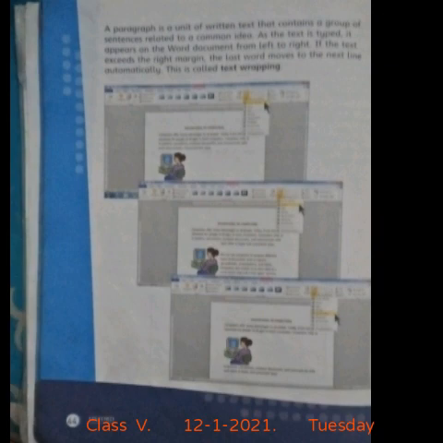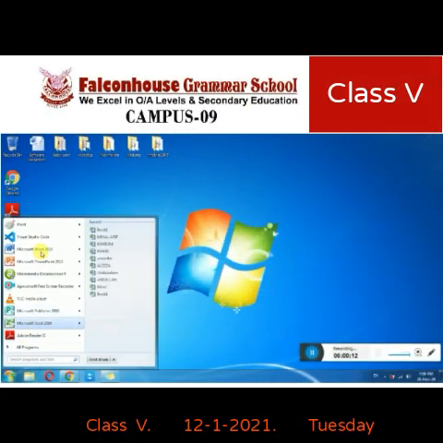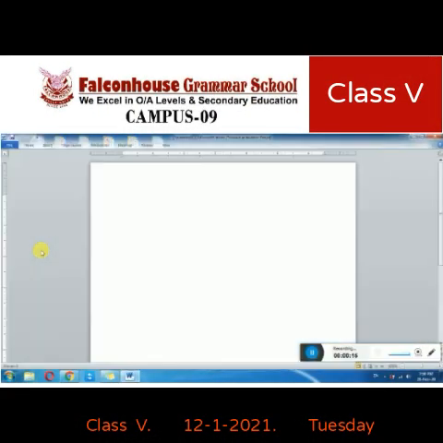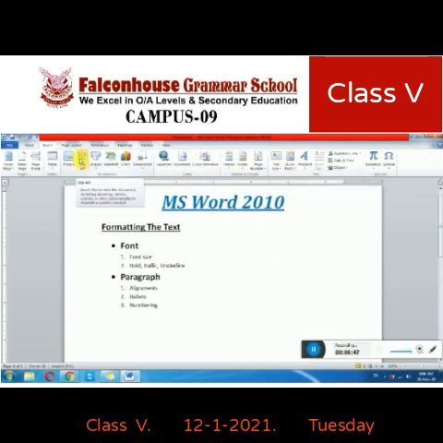First, I am going to open the Word document on my laptop. Click on the start button, then choose MS Word 2010 from the programs. Okay, now it's open. That is the blank page where we can work. This is the Font group and the Paragraph group. With the help of these groups, we can write some text on the blank page. You can see that I'm writing some text over here.